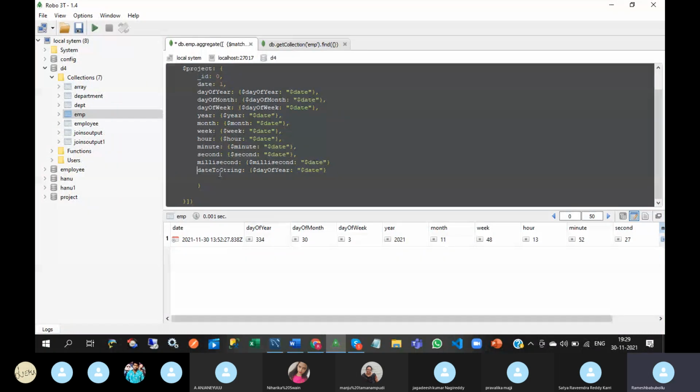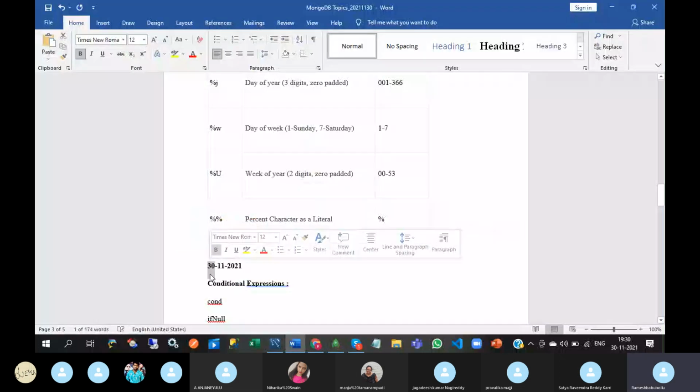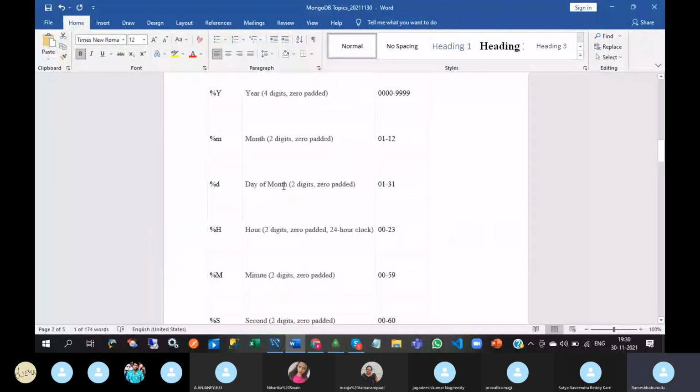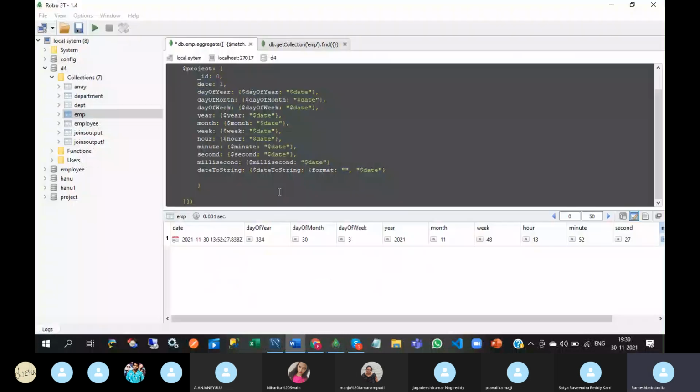So date to string, format. First one is day. Day is D, day of month, 1 to 31.